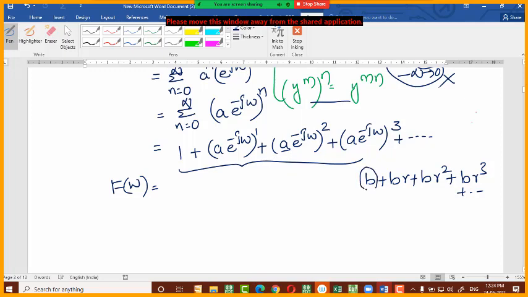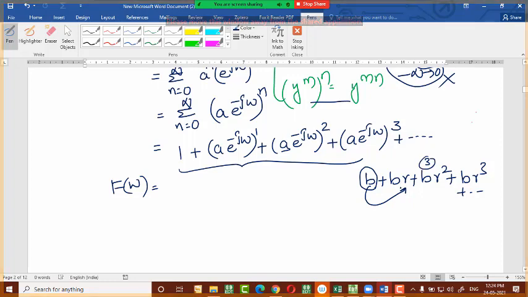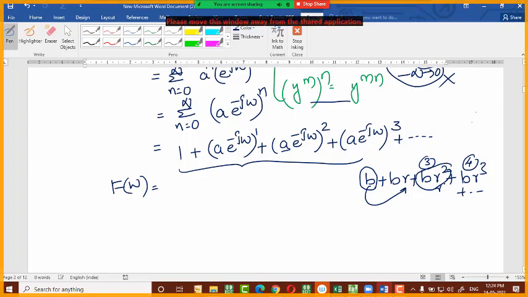Some starting value is required. That starting value is multiplied by one number like R. That means the first term is multiplied with R to get the second term. To get the third term, again the second term is multiplied with the same R. BR is multiplied with R, you will get BR square. And to get the fourth term, the third term should be multiplied with the same R. Then you will get this one. So that is called the common ratio. By what we are multiplying to get the next term, that is called the common ratio. What is the common ratio here? R is the common ratio. And what is the first one?